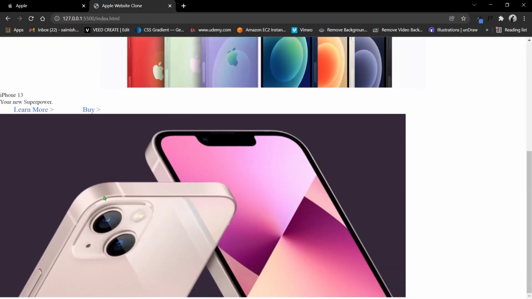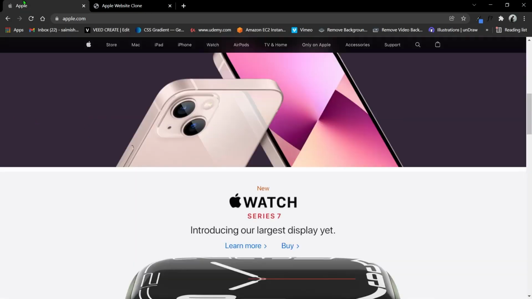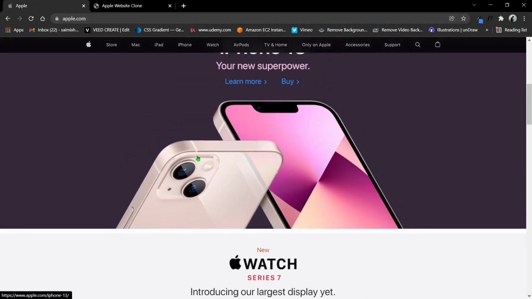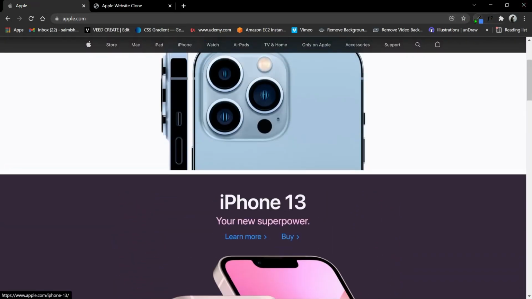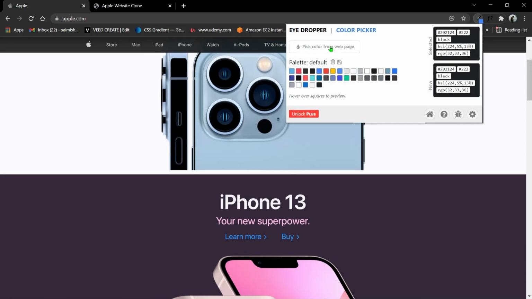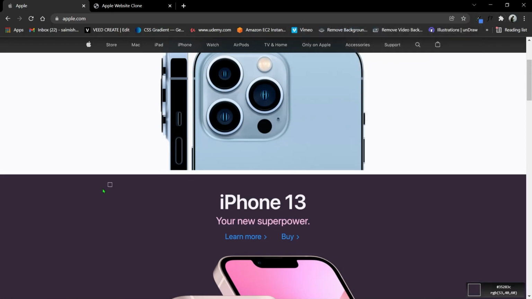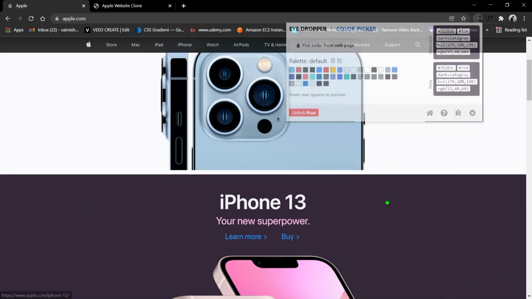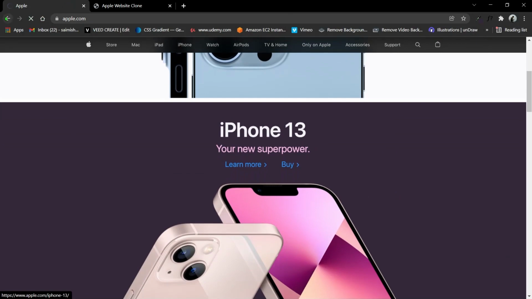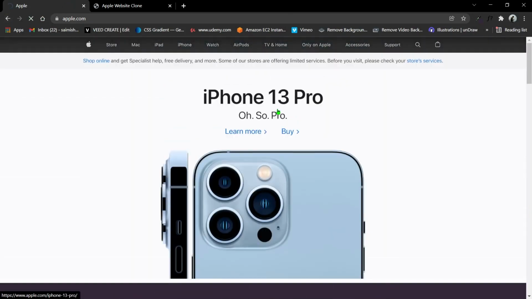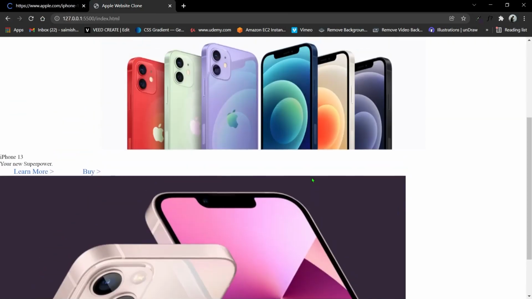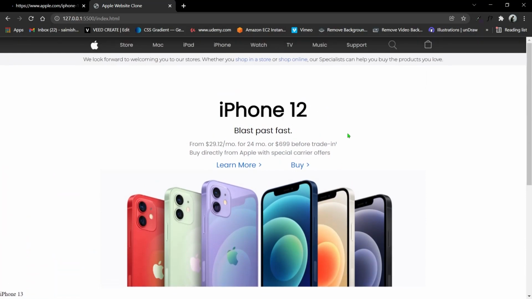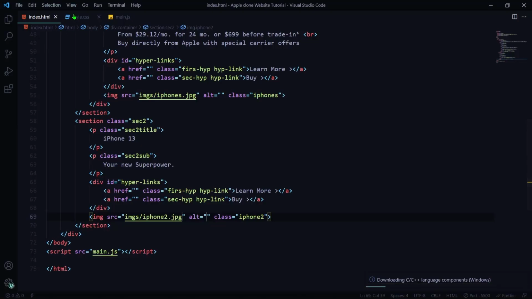All right, now this screenshot has come, and now I'm going to use my color picker tool, and here I'm going to pick this color. I'll just copy this, and then I'm going to use this font which I had used, this same font. Let's go here,